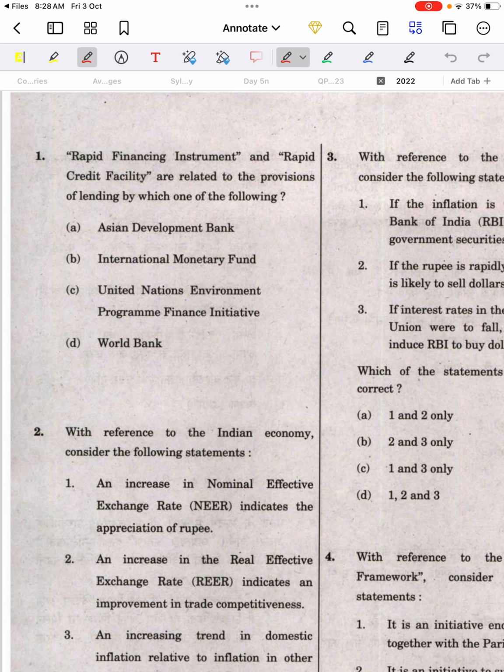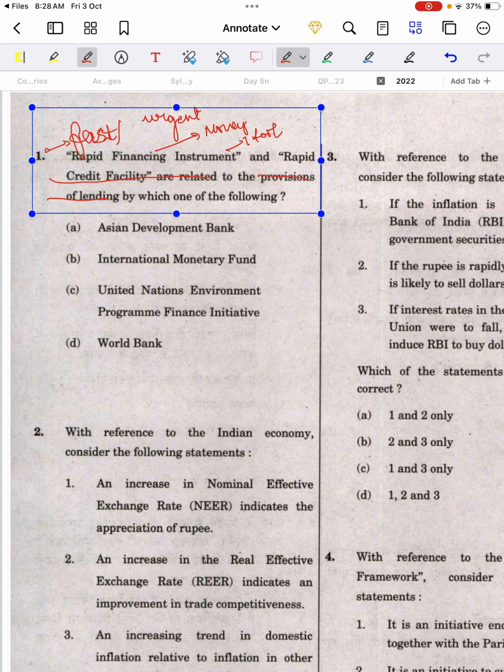The first question says, rapid financing instrument and rapid credit facilities are related to the provisions of lending by which one of the following? So he's talking about rapid. What does rapid mean? Rapid means something which is fast or urgent. Finance is about money. Instrument is a tool. Same, rapid. Credit means, one sec,